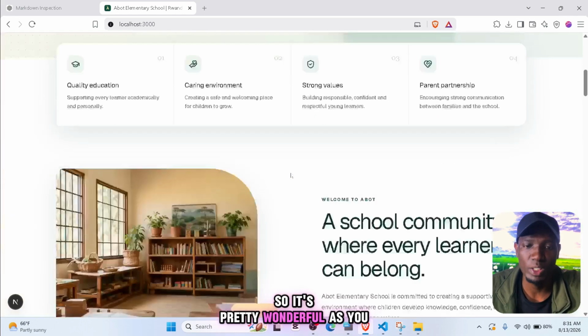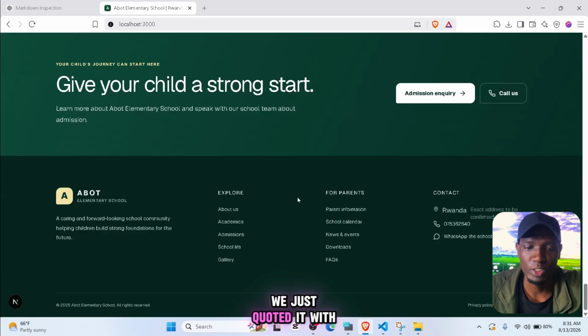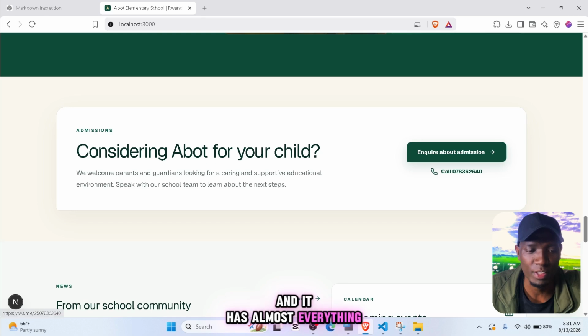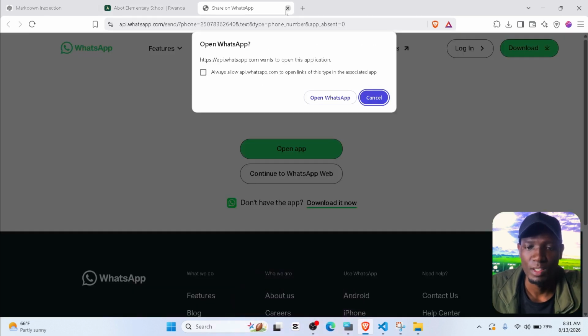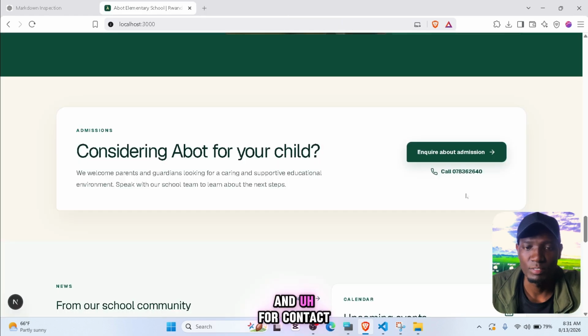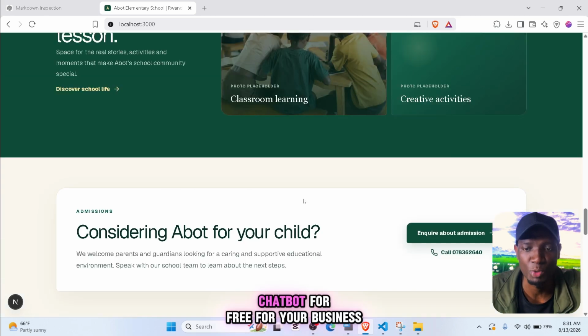So it's pretty wonderful, as you can see. We just created this with AI in a matter of seconds, and it has almost everything. It has a WhatsApp button here that takes us direct to WhatsApp. And for contacts, we can also add an AI chatbot here. I'll put in the detailed video now. You can put an AI chatbot. I think I'll tag it somewhere here. Or if it's not, go ahead in my channel and find a way of getting an AI chatbot for free